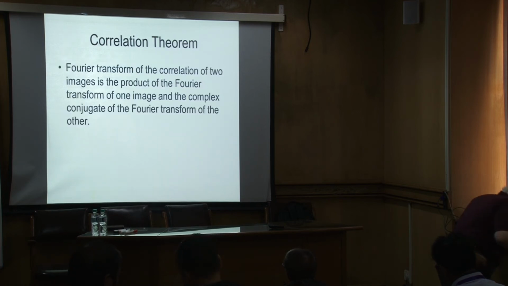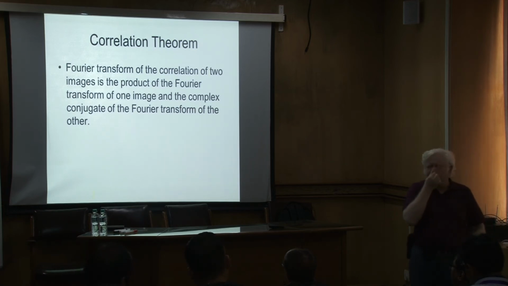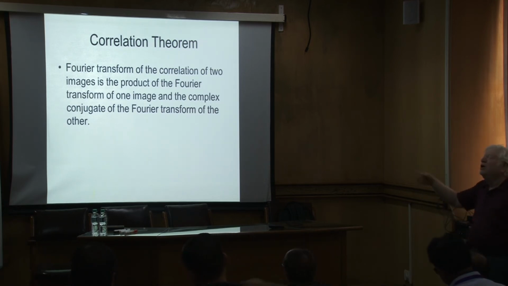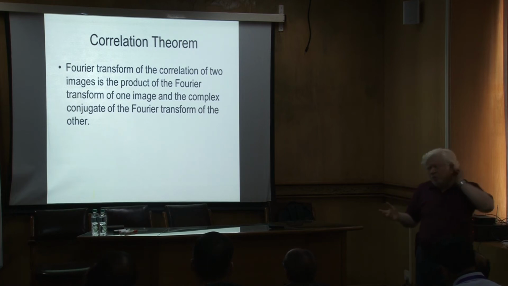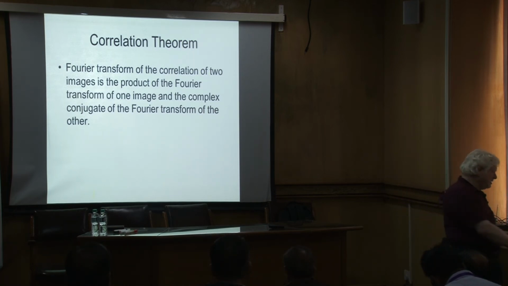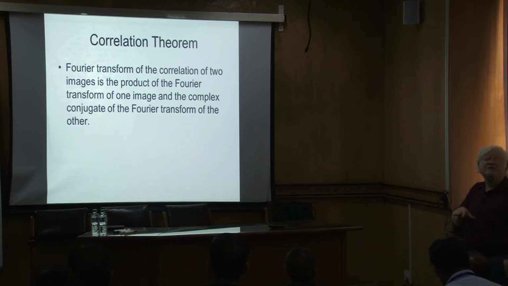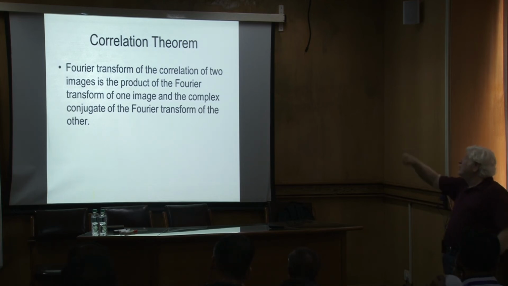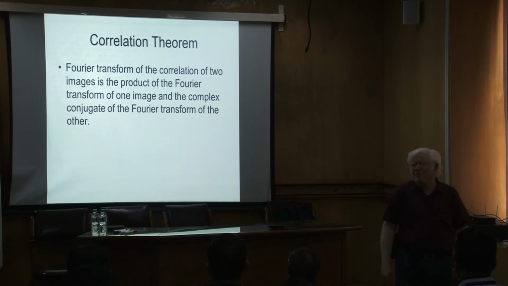Okay. So, the correlation theorem says that the Fourier transform of the correlation of two images is the product of the Fourier transform of one image and the complex conjugate of the Fourier transform of the other image. This is the kind of problem we give to solve in our undergraduate course on signals and systems. So, you can do Fourier transforms of both the images and then you can evaluate the correlation in the transform domain if you like. The correlation is not a number, the correlation is a complete map, it's an image in its own right. And what you are therefore getting by this transform in the transform domain is the Fourier transform